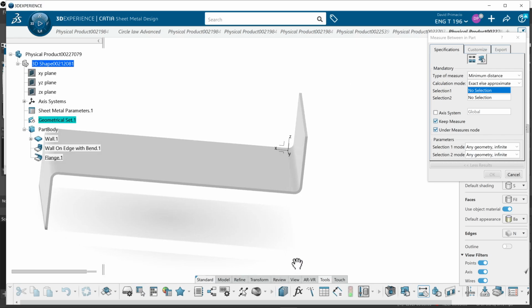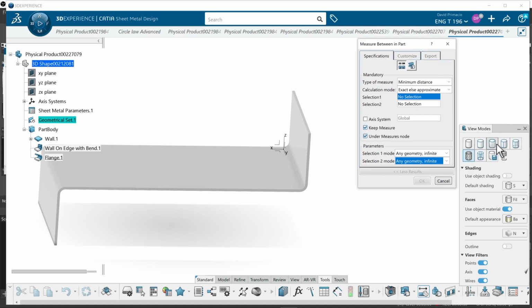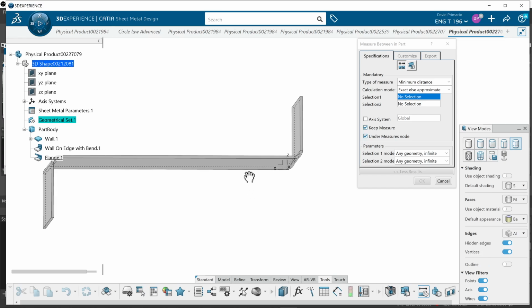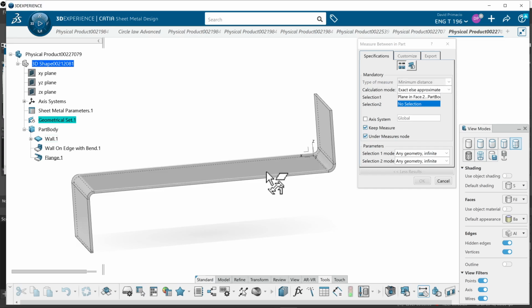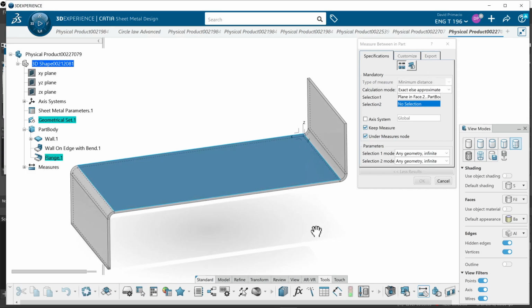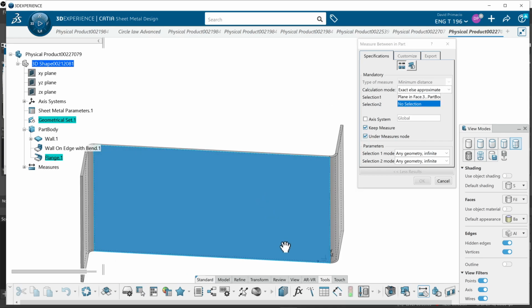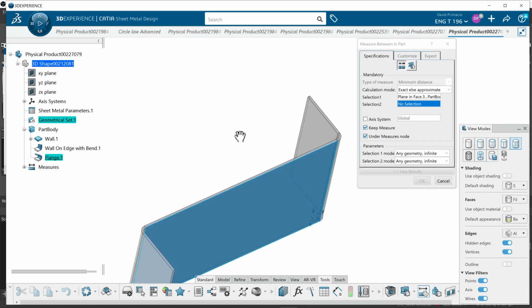Having a little bit of an issue. It doesn't seem to be showing my edges here. Let's try and change my visualization to show my edges. And I'm trying to get underneath here. I'm going to grab the bottom. And it looks like it got the top. It's like it's going right through. I'll reactivate selection 1 and try and grab the bottom. Okay, it looks like it's got the bottom now, and then